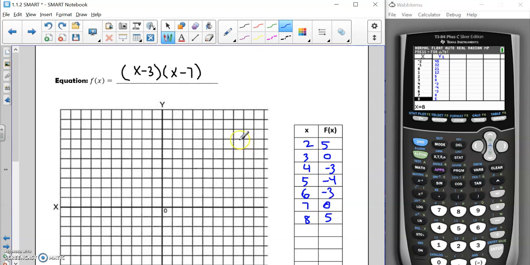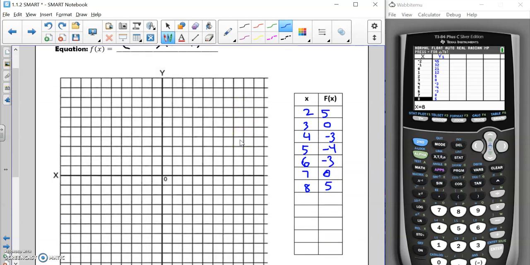Alright, that's enough points for us to graph. So, we can go ahead and plot these. We got 2, 5 up here, 3, 0 right here, 4, -3,